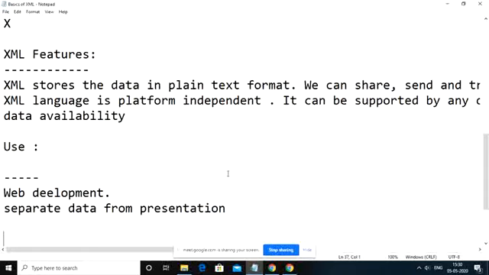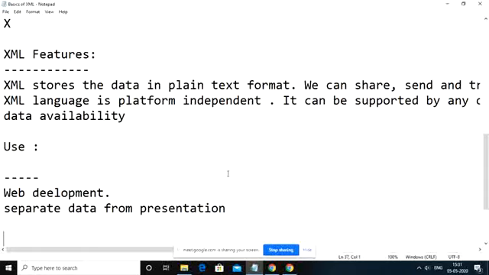But what XML will do is it is going to keep the data in a separate document. Whatever presentations you are going to make, presentations in the sense of what kind of formatting styles you are going to apply, whether you want to represent your text in bold format or italic format, all these things you are going to store in a separate file. The HTML file is going to mainly focus on your presentation styles, and the XML file is going to mainly focus on your data. So because of a change in the XML data file, you don't have any changes with respect to your presentations.